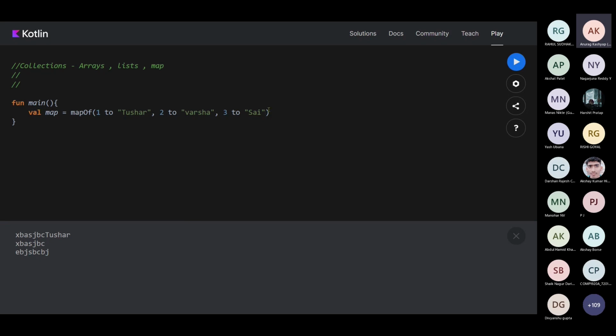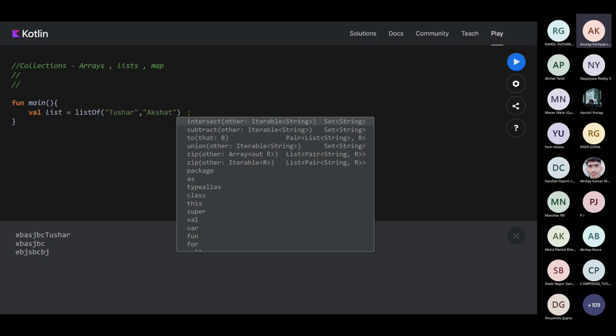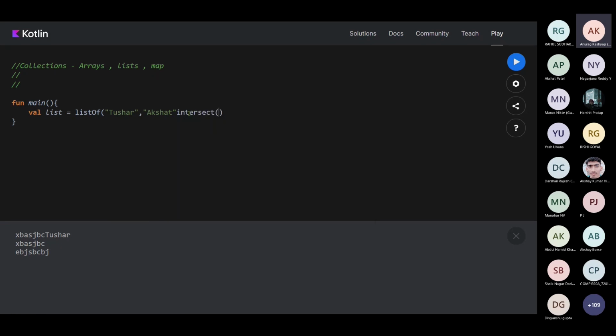I have a list over here and I am assigning some values to this list. For example, I am assigning Tushar, I am assigning Akshat. After that, I want to add a particular value, for example Harsha's name.